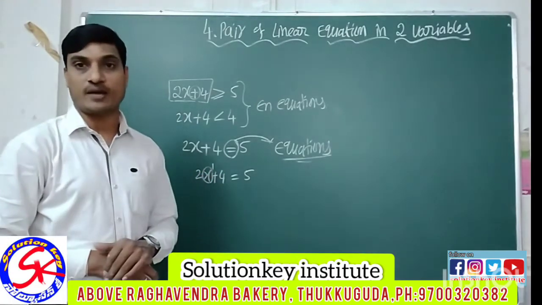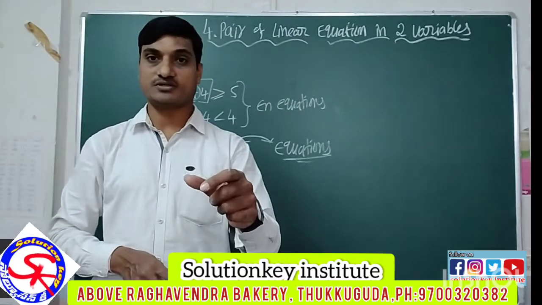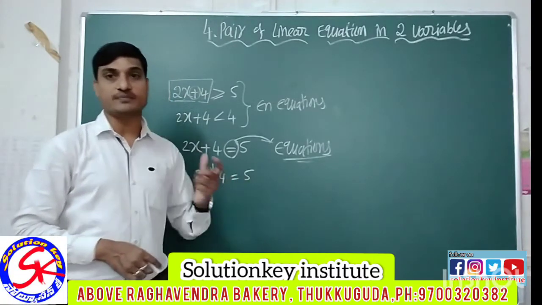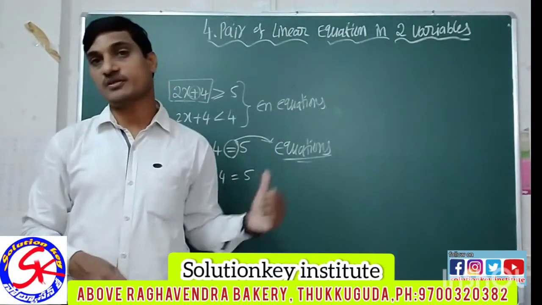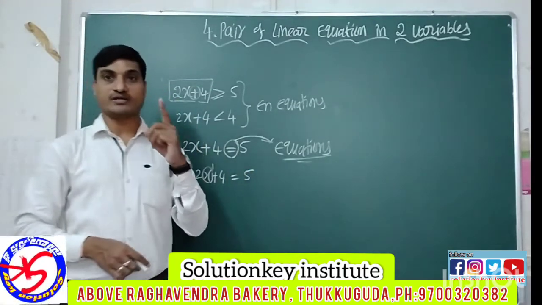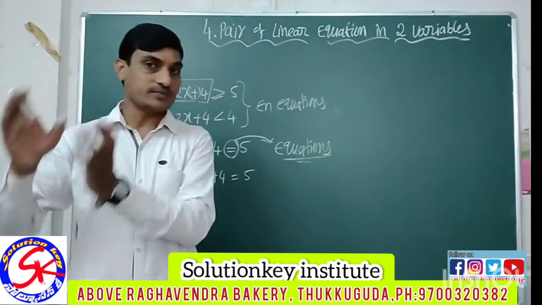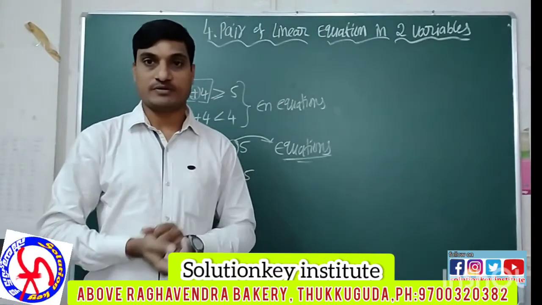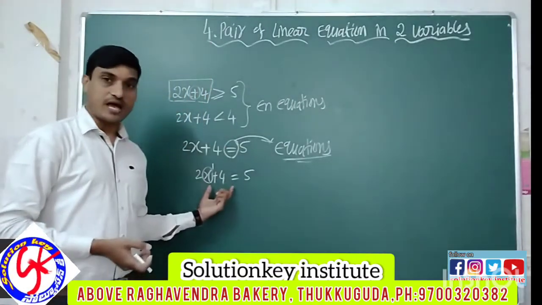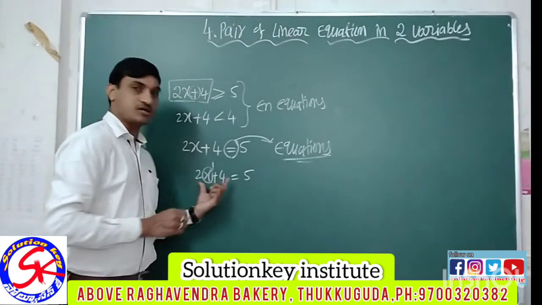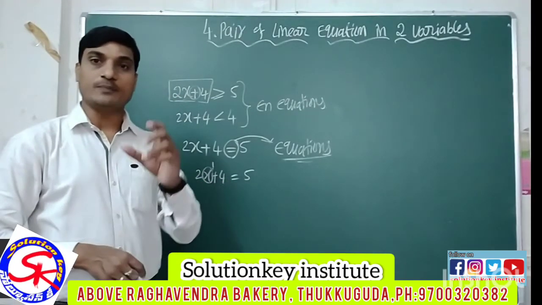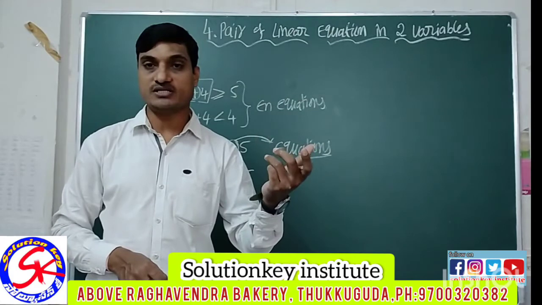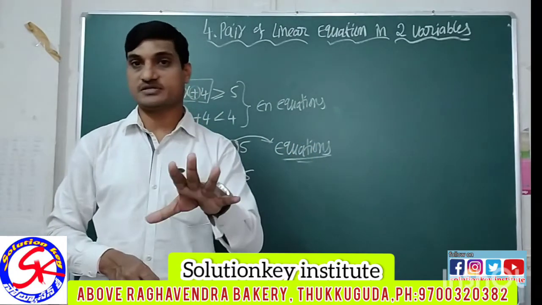So it is a polynomial, and at the same time an algebraic equation. Why? Because the equal to symbol is there. That's the reason it is an algebraic equation, and at the same time it is a polynomial. Keep one thing in your mind: all polynomials are algebraic expressions or equations, but all algebraic expressions are not polynomials. Why? Because the given terms may have positive exponents or negative exponents. Only those with positive exponents are called polynomials. If there are negative ones also, then maybe it is an algebraic expression.